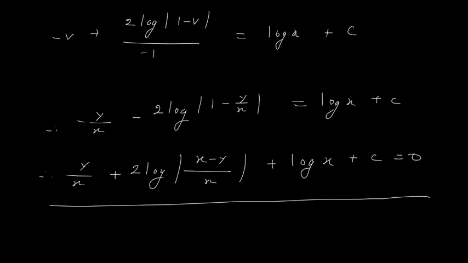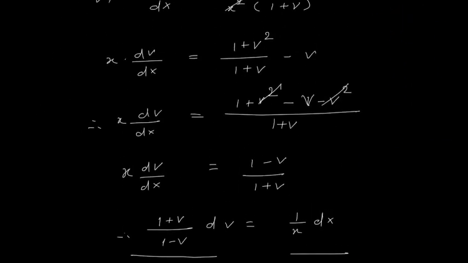We convert all y in terms of x, meaning our equation from dy upon dx changes to dv upon dx. Then we separate variable v and variable x, and then we do the standard practice of integrating both the sides and getting the solution in terms of v. Finally we replace v with y upon x. So this is how you can solve the problem. It will be better if I get the expression in terms of y, but if it is not possible, then whatever expression you have got, keep that as it is.